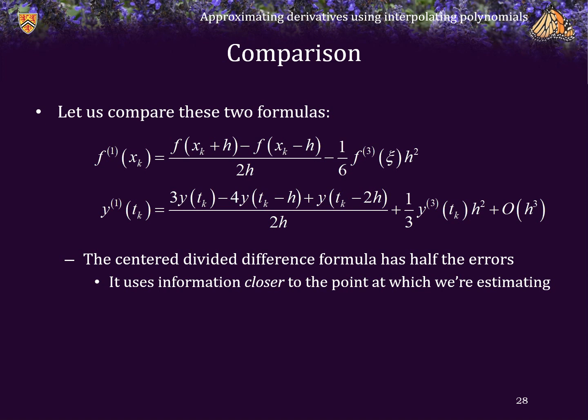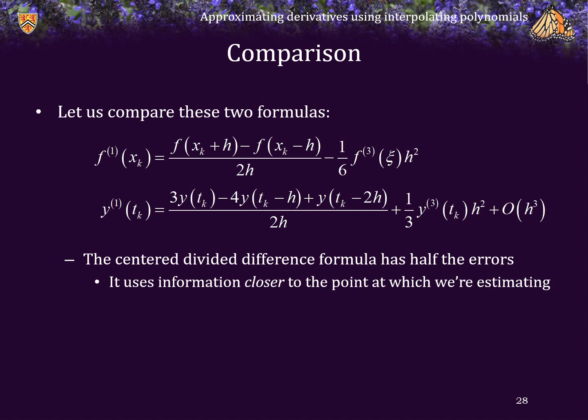Notice that the error term in the centered divided difference approximation is 1/6 times the third derivative, whereas in the backwards divided difference formula, the error is 1/3 the third derivative. So the error is about twice as large for the second formula. And again, just to reiterate,